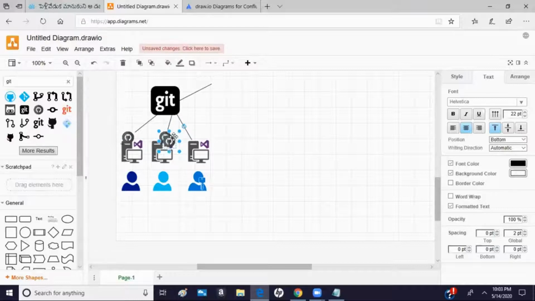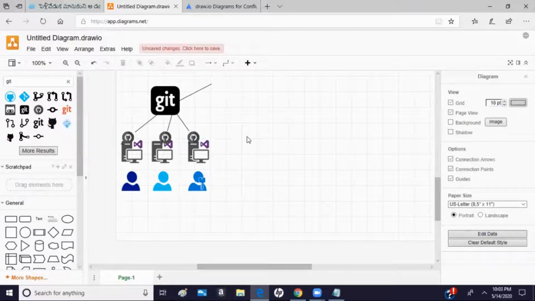So the developer will not have to manually put the code now. Everything is automated. He just works on the code and saves. The moment he saves, it will come to a Git repository available locally on his machine, and from that machine it will push to Git automatically.